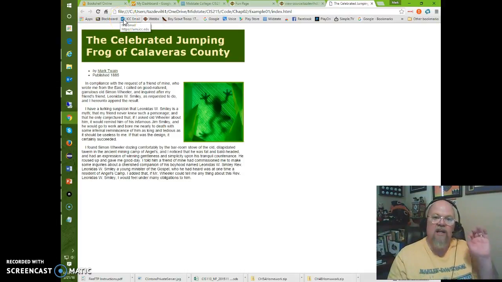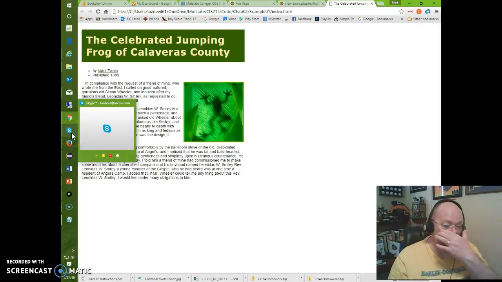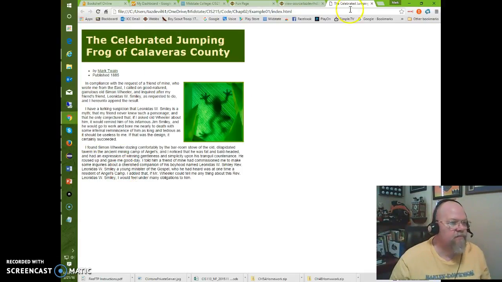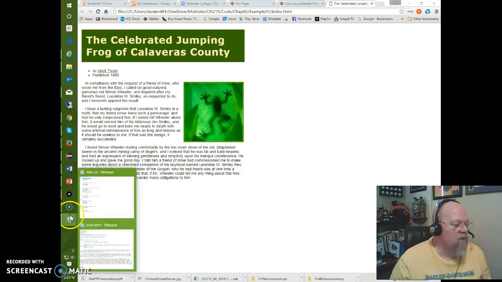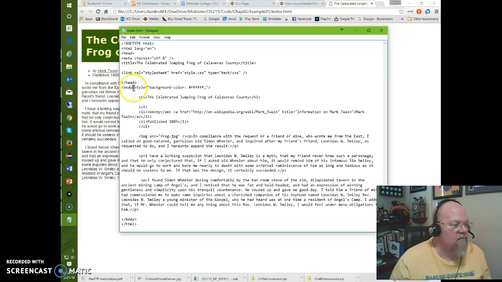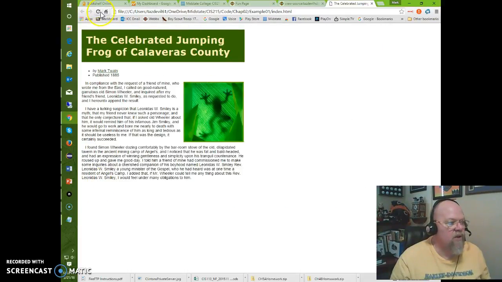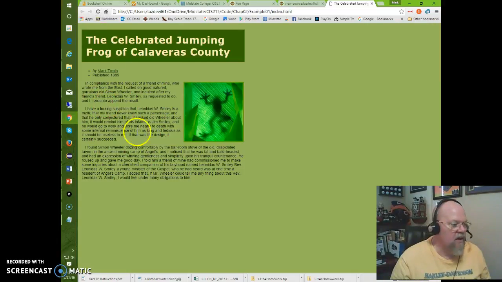Now again, like I said in the beginning, that's called an inline style sheet. That overrides everything else. It overrode an embedded, it overrode a linked. In this case, it overwrote the linked. So even though I have a certain style, I can override it when I need to. If I were to go back in here and remove that, then it will apply the linked style sheet. So when I do a refresh, boom, it's back to the green background color. Okay, so